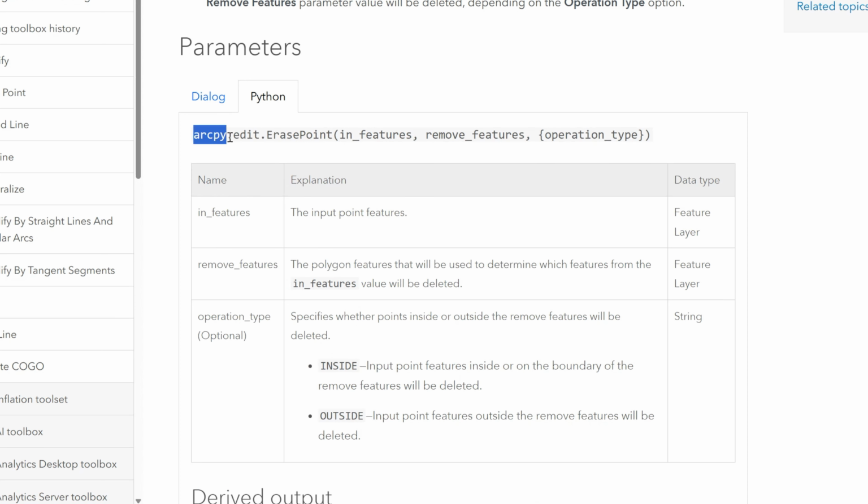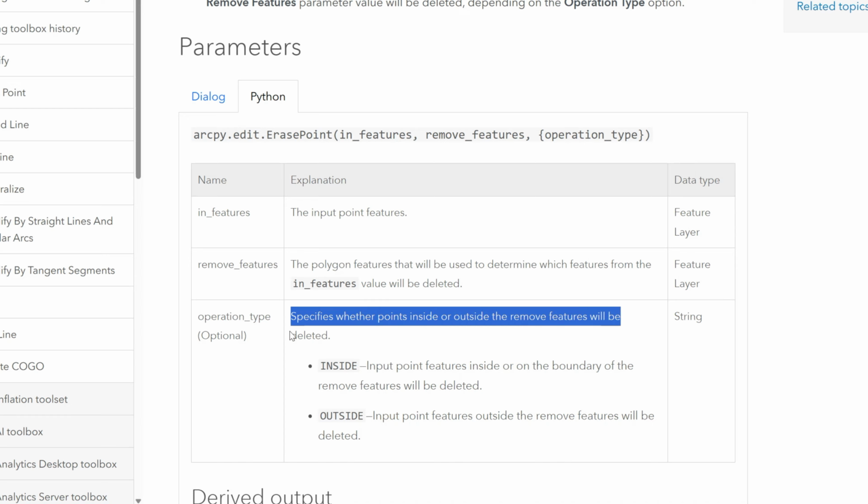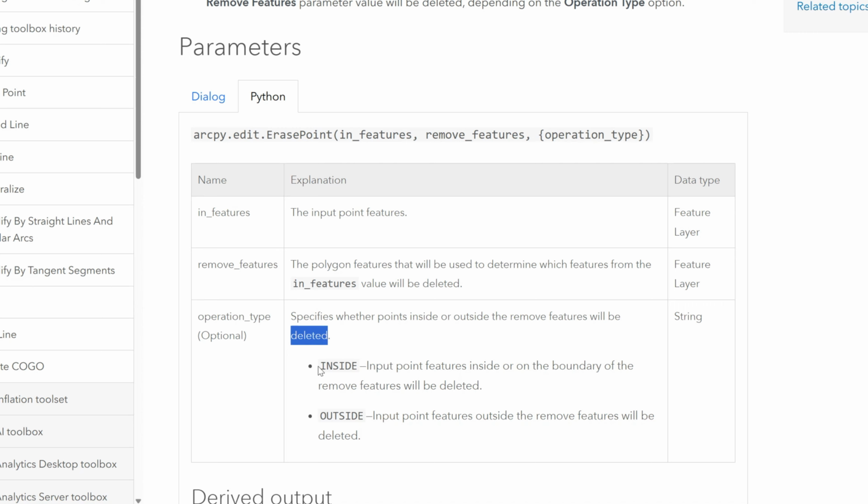We have arcpy.edit.erasePoint, and there are two required parameters, the in-feature points and the remove features polygons, and we have an optional operation type. The operation type specifies whether points inside or outside the remove features will be deleted. The default will be inside, where the input point features inside or on the boundary of the remove features will be deleted, and we can also use outside, where the input point features outside of the remove features will be